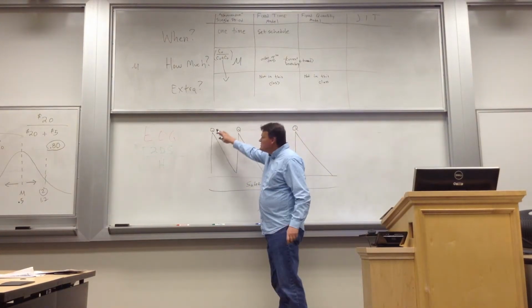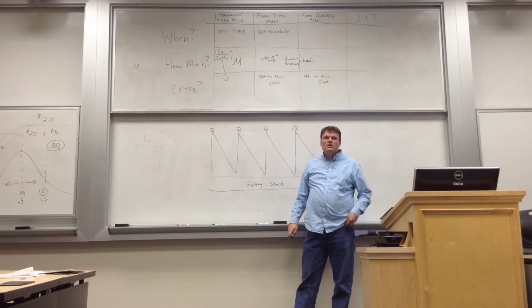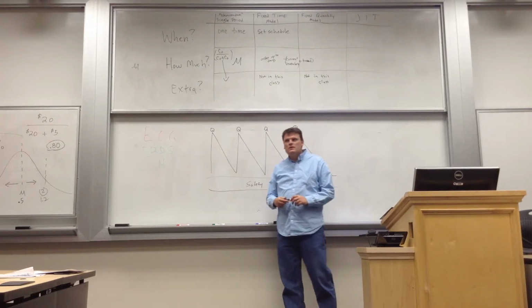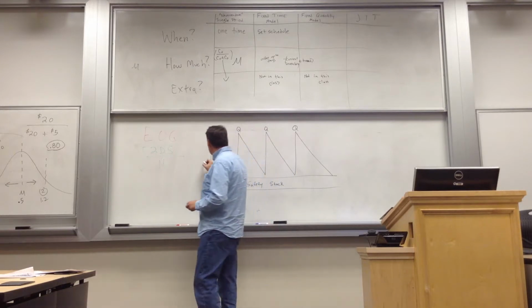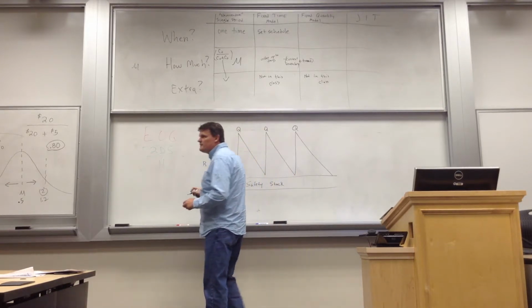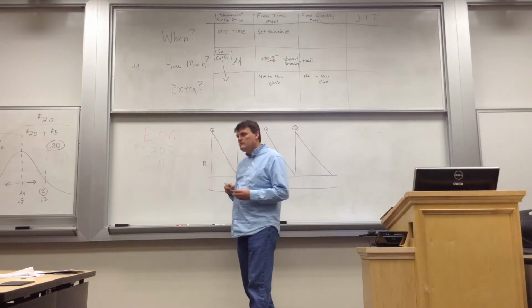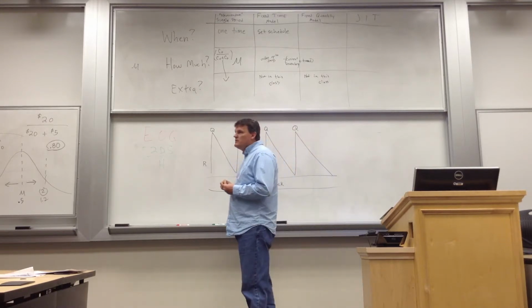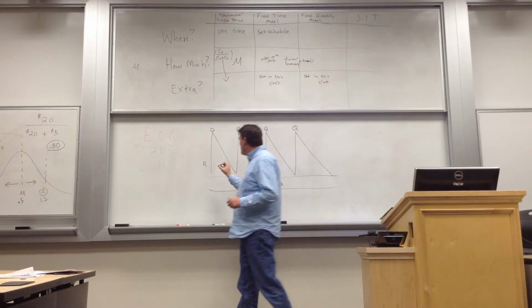So if we're ordering the exact same amount every time and demand is constant every time, where should our reorder point be? Where are we going to put R? From the time it takes us to place an order till it arrives, that's our reorder point.